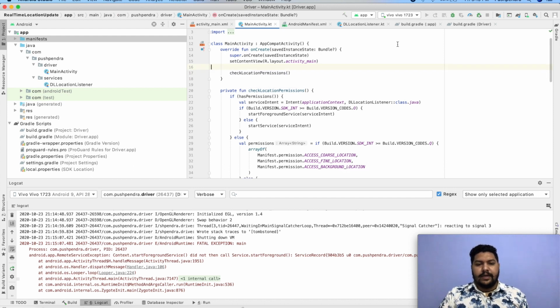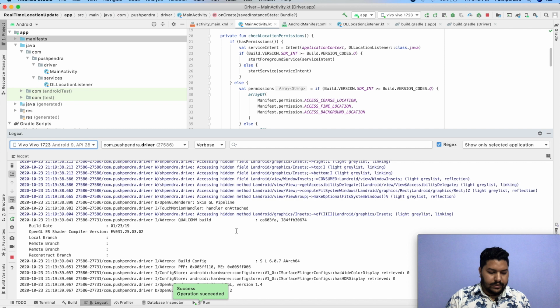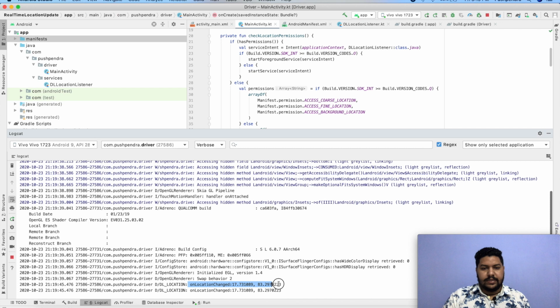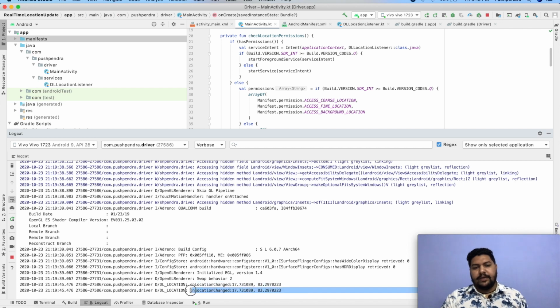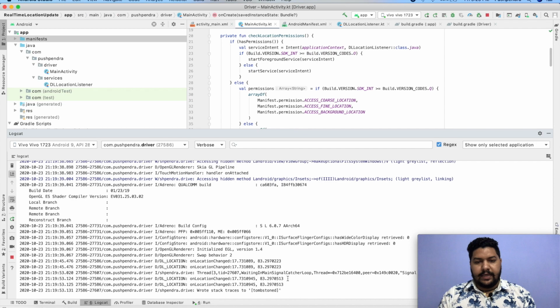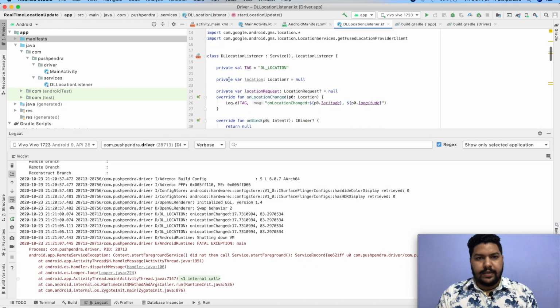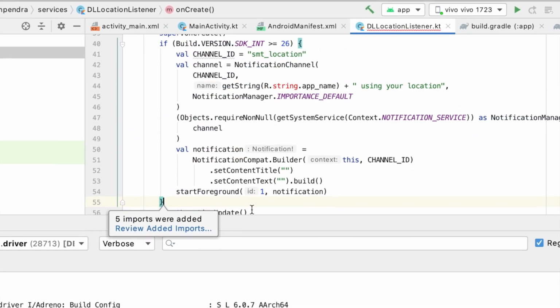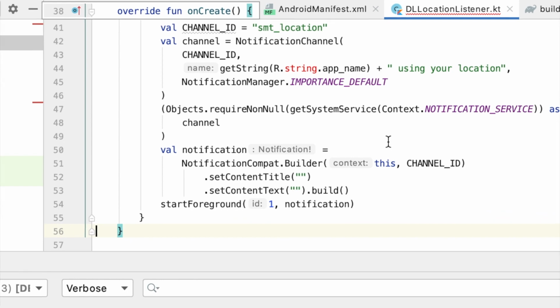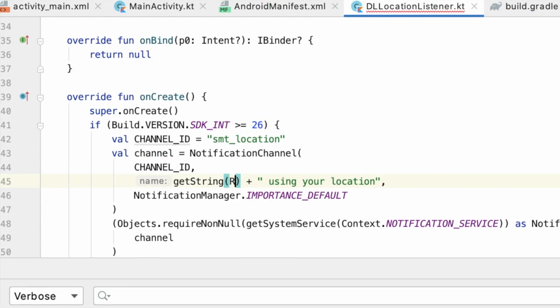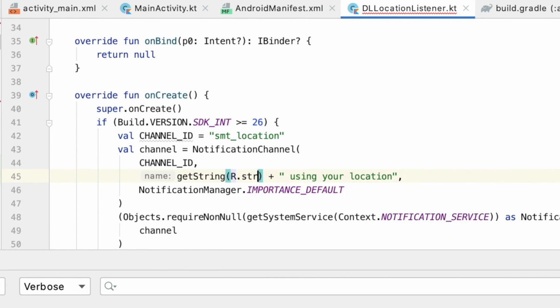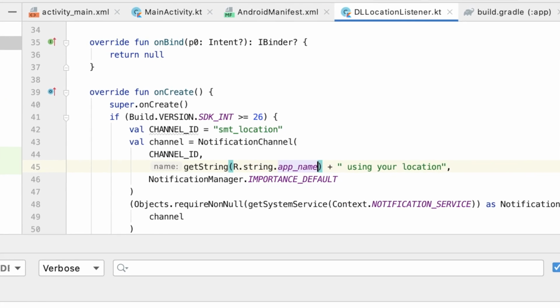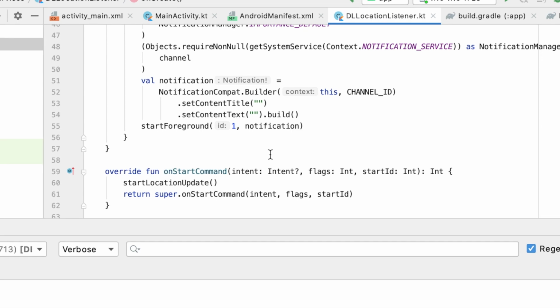Now again I will run and we will see the output. So it will pop up one allow location, and if allow location, then on location change is called whenever latitude longitude changes. Okay, I give fastest interval. One more line, we have to add a custom notification for the service, so make sure you also add it in your location service and give the name like driver using your location. Okay, and after that we will try to build our application.